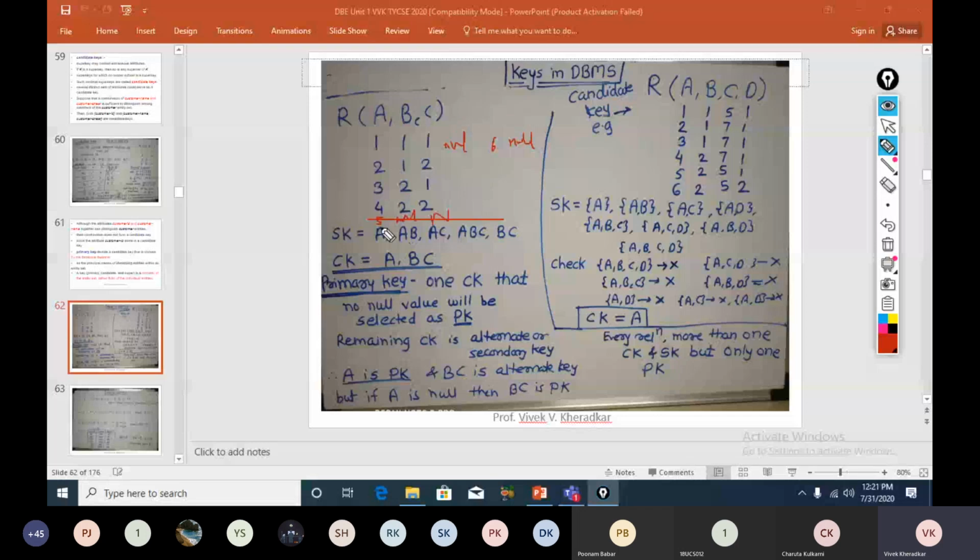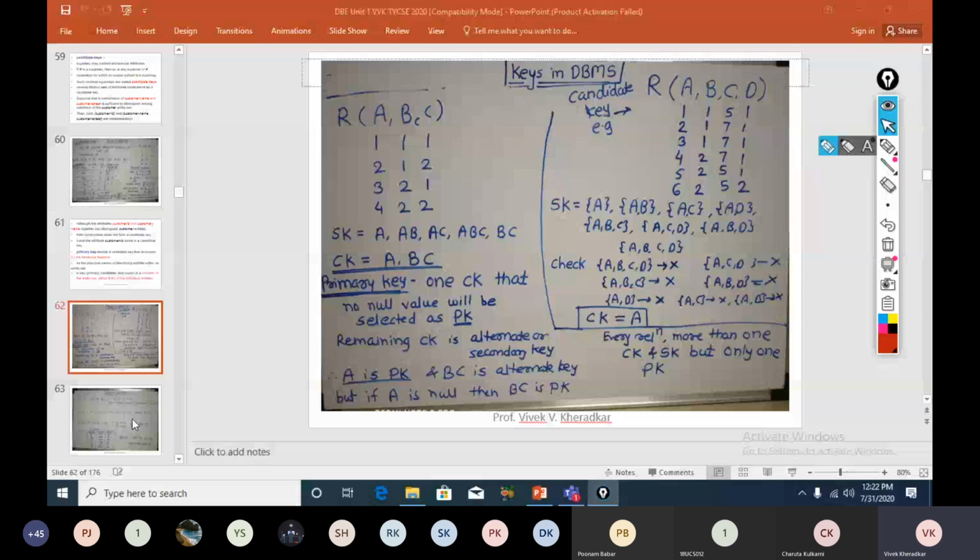Now if I remove this row and in this row take null, 6, null, the combination I will choose is the one having some value, and that's why it is the primary key. Are you getting it, everyone? Any doubt? If you have no doubt, then go with the next example and tell me the answer of question number 1, 2 and 3.